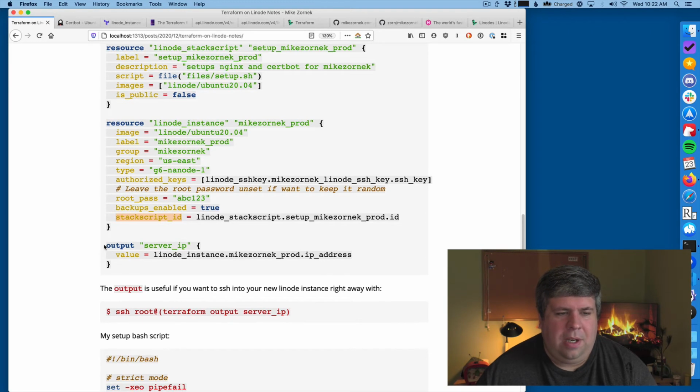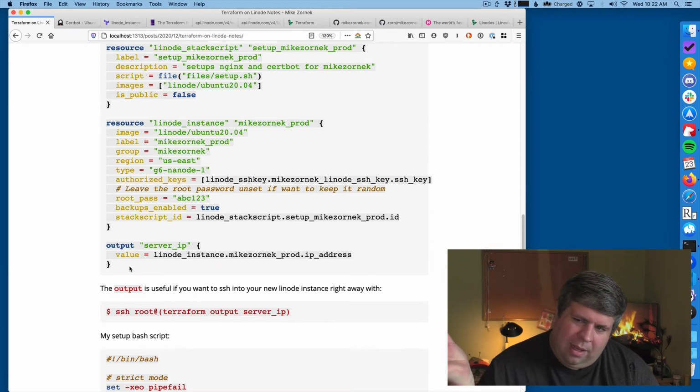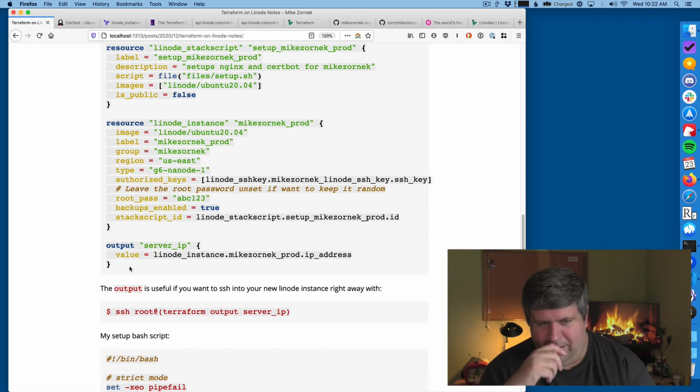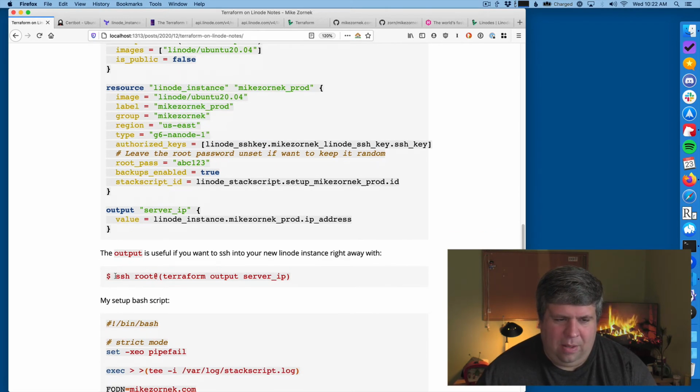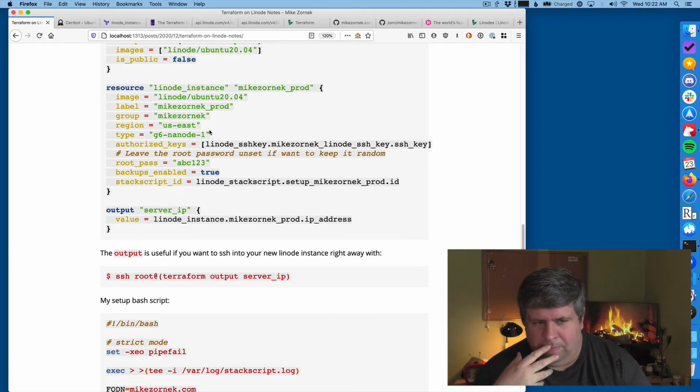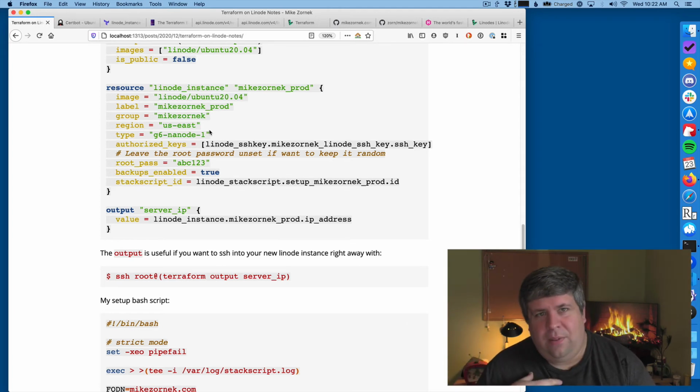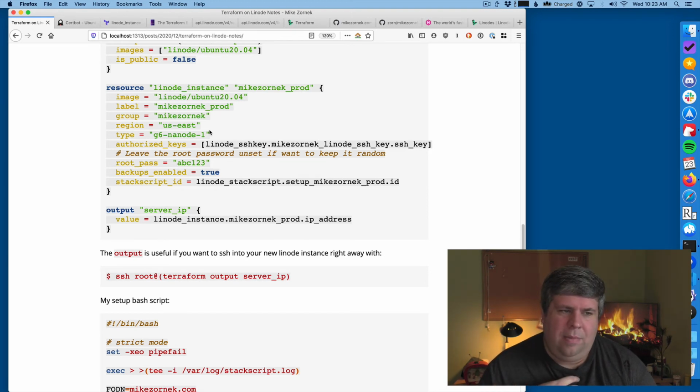Then I also have a section here at the bottom called outputs. This is a place where you can capture data that you can then easily reference on the command line. So as you can see, after you apply Terraform apply to Linode, you can run ssh root at, and then I use fish, so there's no dollar sign there, but normally I think you'd have a dollar sign before the parentheses for bash, but I use fish locally as a console shell.